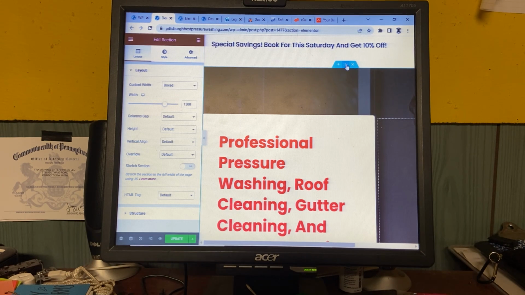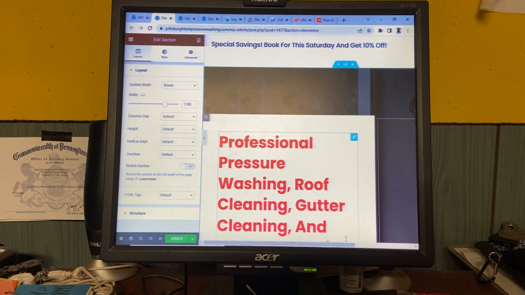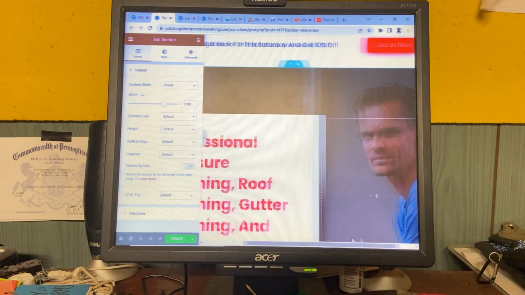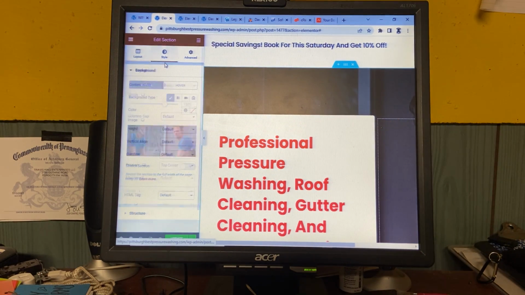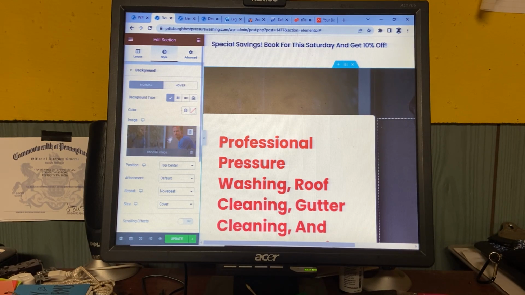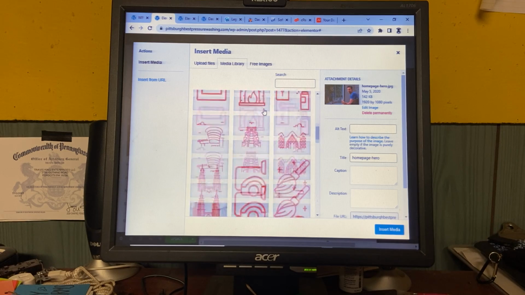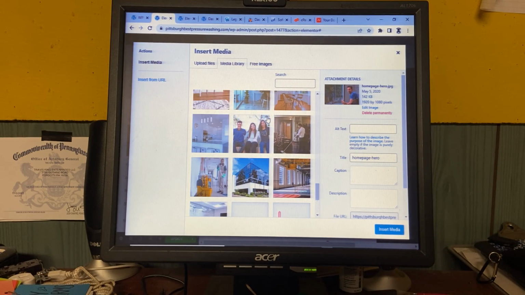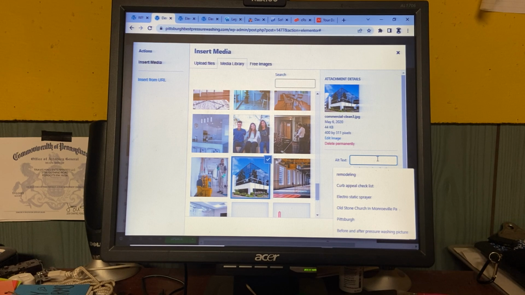So I clicked up here. See where it has this? This is what it's showing right now. This is just their theme that they have. So I click the middle here. I go to Style. Click the picture. Choose Image. I already have a bunch of pictures on here. Well, let's go with this one. This looks cool.